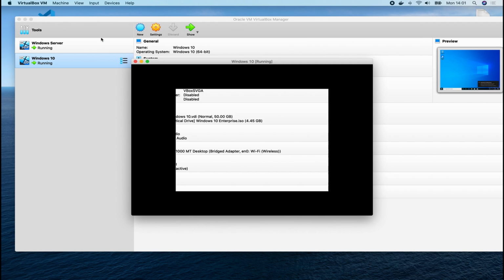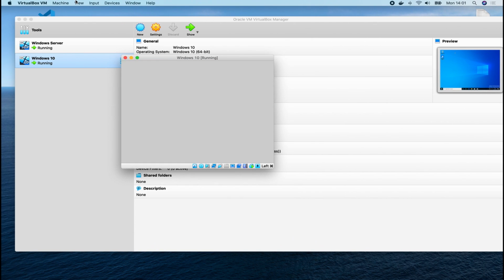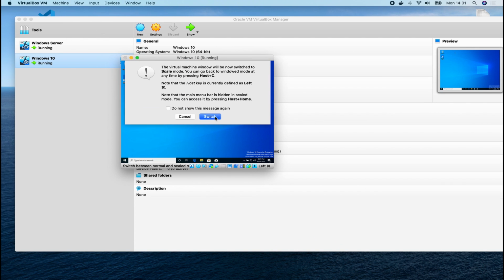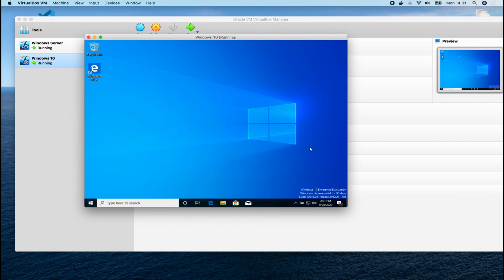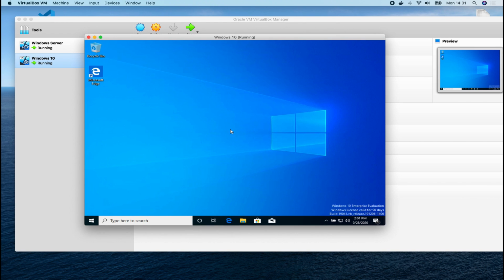So we have the Windows 7 up now. Let's install the guest additions so that we'll be able to make it full screen. For now, let me just reduce it and go to view and set it to scaled mode. In that way, I'll have a place to start from. Okay, it's on scaled mode, but not full screen. So I'm going to go